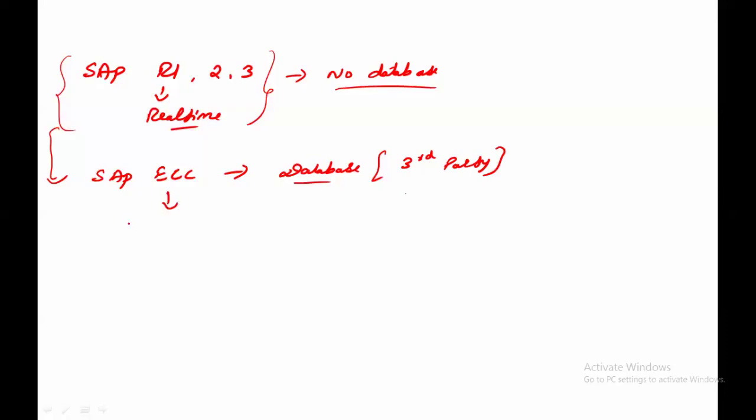The full form of ECC is SAP ERP Central Component. Later on, they worked in ECC for approximately 20 years. Then they started a new version of SAP, S4 HANA.